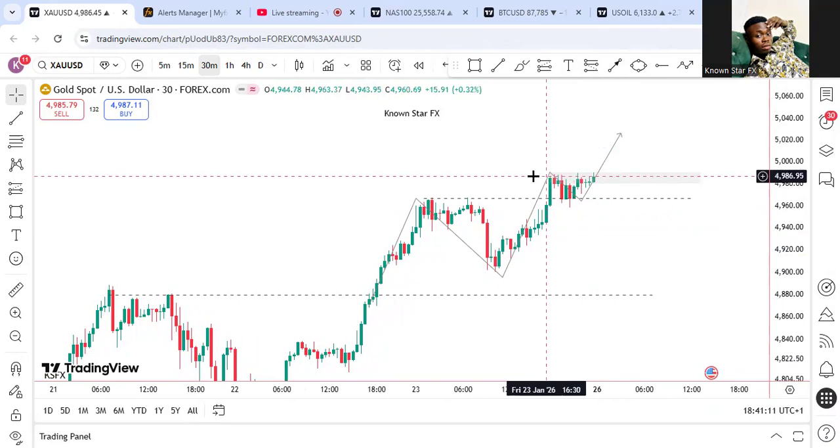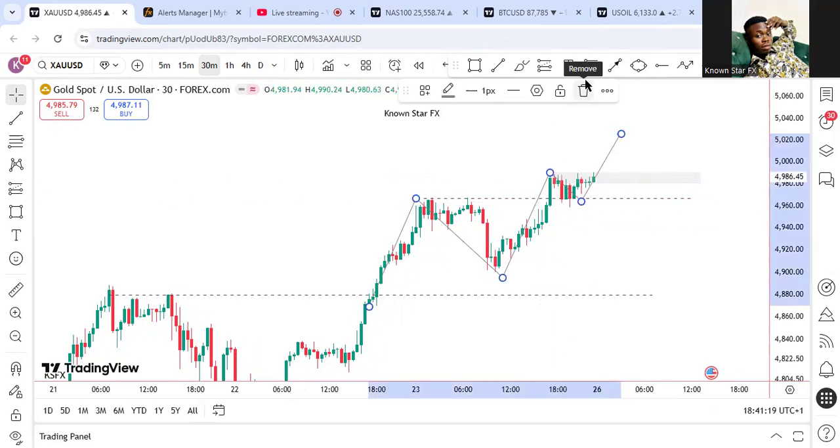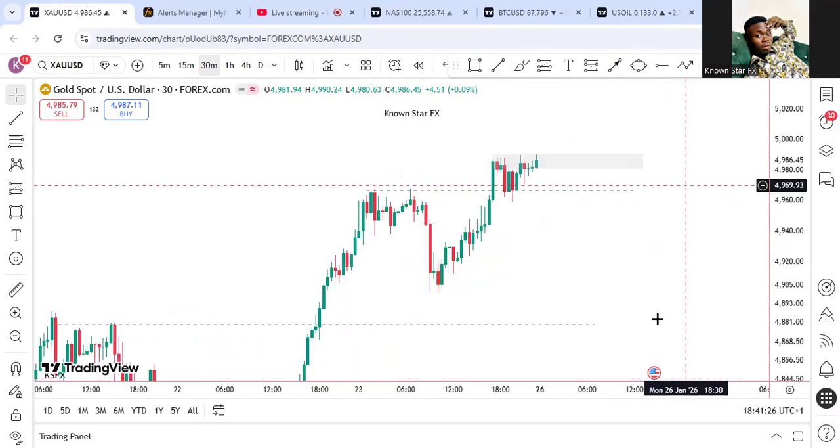Now, there is 90% chance that what? Price will break this high. Now, how do we get the signal? What do we need to do when we finally get a break above this high and